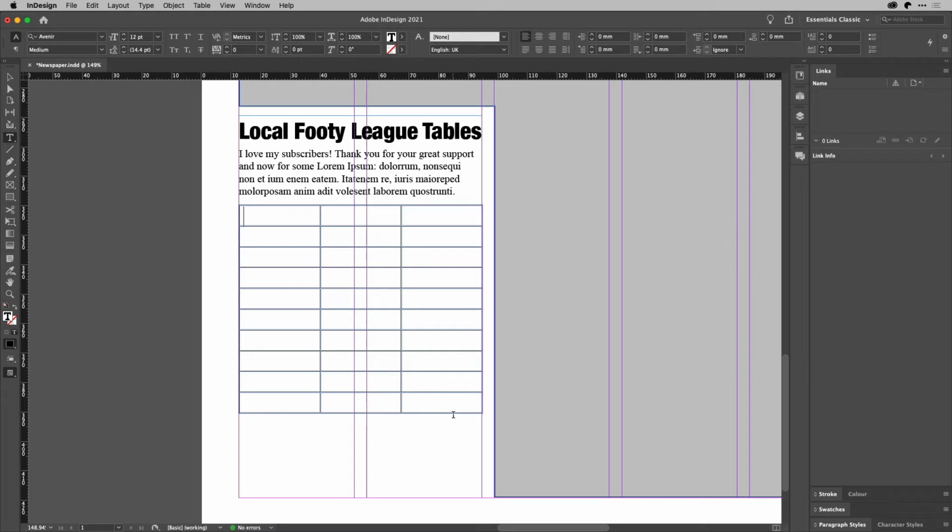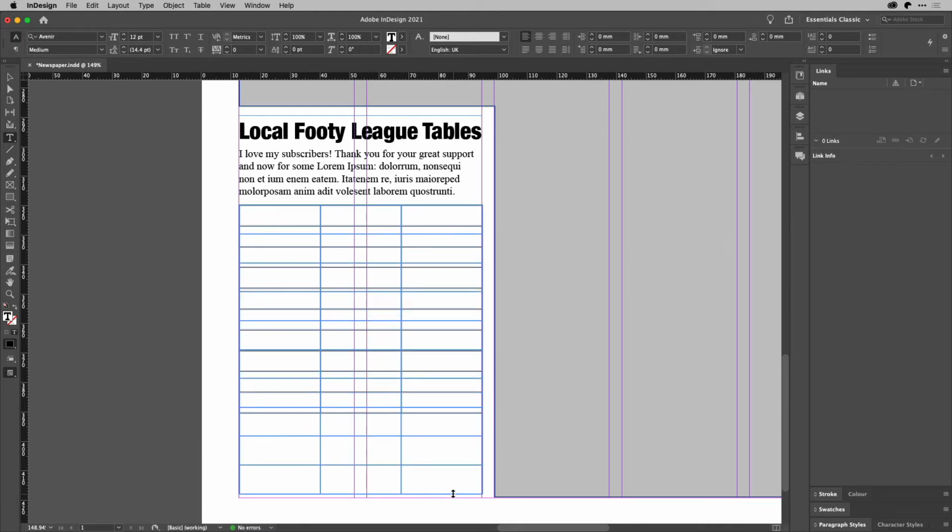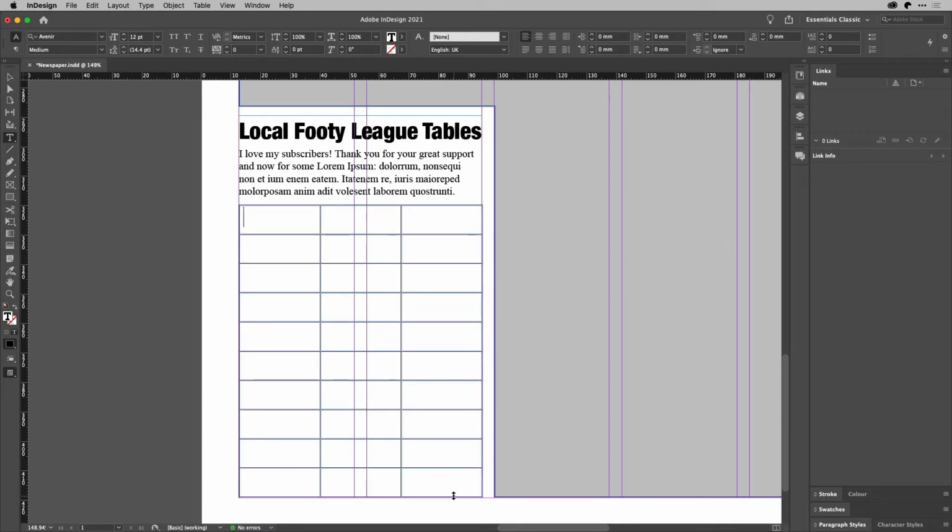Now I want this to go across the whole depth here. So I'm going to hover over the bottom and drag downwards, holding Shift, to distribute those rows. Great stuff. Now that's done, I can realign these things. Again, I'm going to hold down Shift and bring this first divider over. This is going to be the one for the number. And then the next one, again holding down Shift allows me to change that